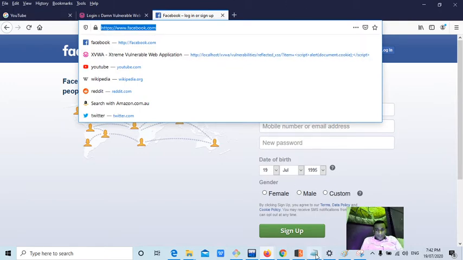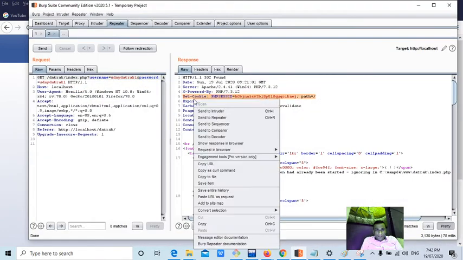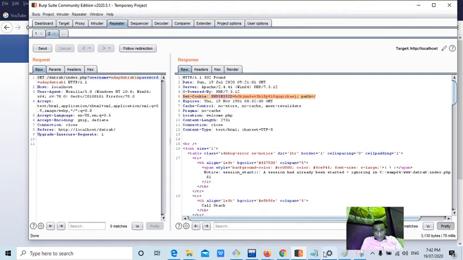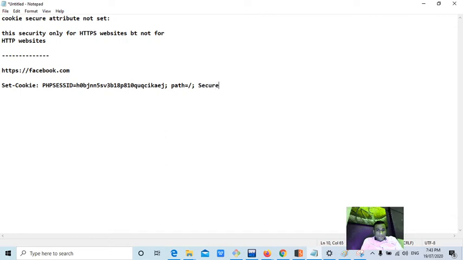To make it more clear, for example, I copied this. There is a website called https://facebook.com. Now you will understand. When you entered username and password, it is setting something like the secure word. You can see the secure, right?